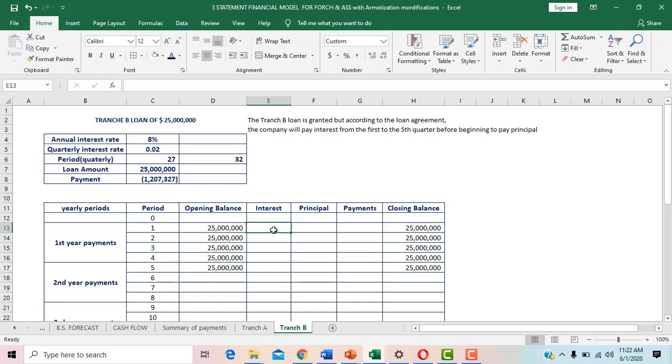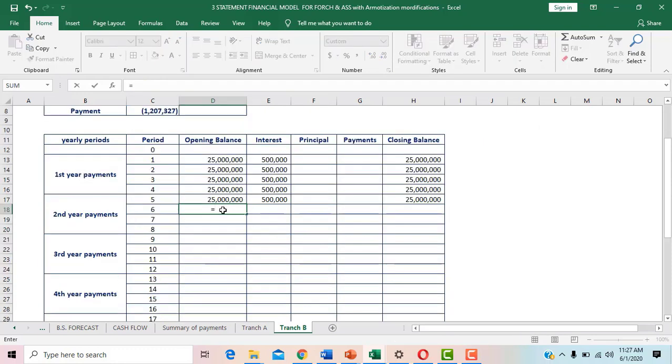To determine the interest we're going to be paying, this is equal to the quarterly interest rate, we fix that, multiplied by the opening balance in the first period. We just drag that through. So we realize that from the first right to the fifth quarter, we are going to be making quarterly payments of $500,000. Then from the sixth period, we are told that we are required to pay interest as well as